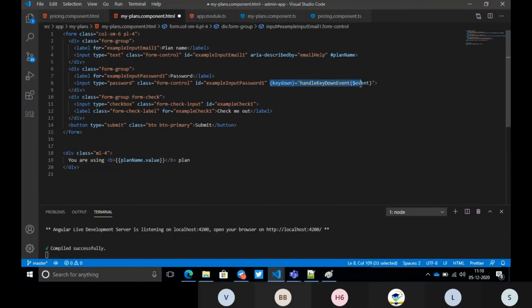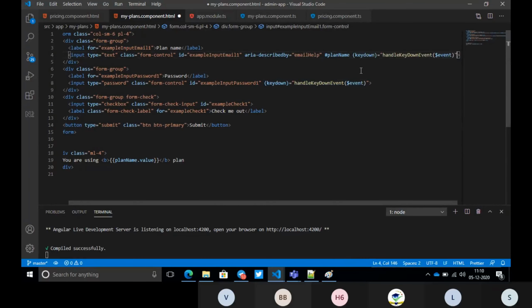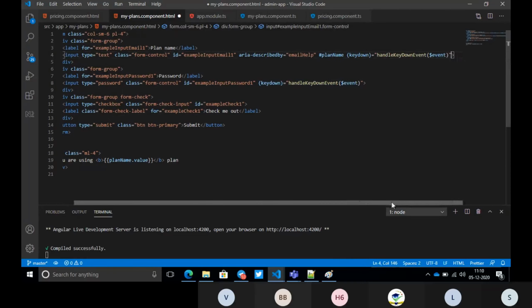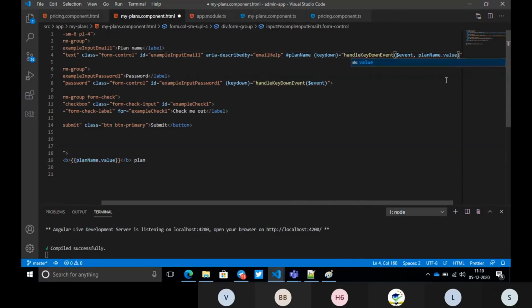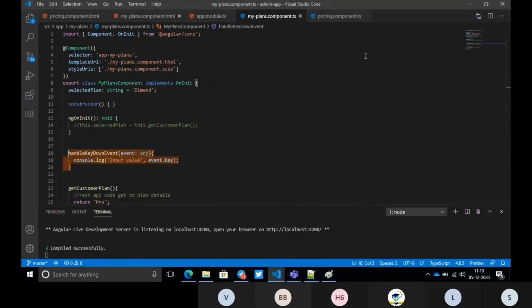And if you want to handle this with the keyboard, something like that, let me add it. Okay. And I want to give plan name dot value. Go here and type value.